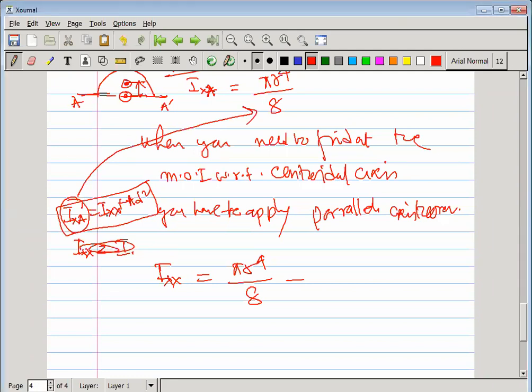So from here, we have to find the moment of inertia with respect to the centroidal axis. So I of xx is I of xa minus A d square. A is pi r square by 2, and d is 4r by 3 pi, that whole square. This one you have to find out I of xx for only this semicircular portion. Is it clear, student?